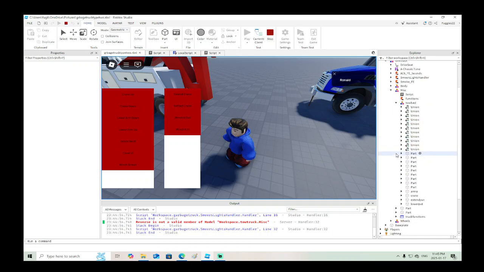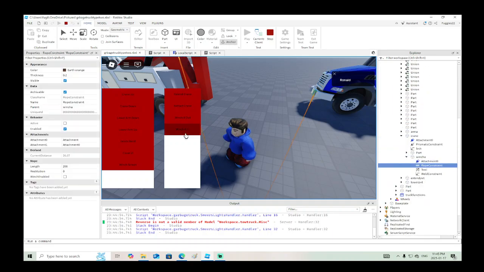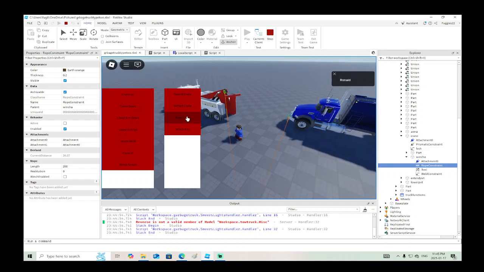Miscellaneous, tow bed, where is it? Crane, winch A. So there's the rope right there. What was happening when I was pressing winch out is it would start getting smaller. Now why is that? Well, when I press and hold it, you can see down there we have winch force, winch responsiveness, winch speed, and winch target. Now you see there the winch target is now 250 and the current length is 218, so it's actually going out. So when you turn winch enabled to true,